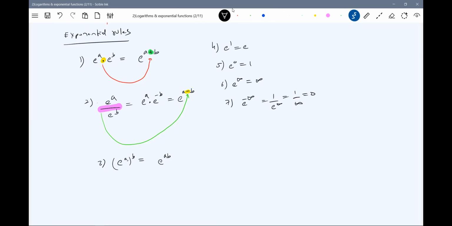Widely we'll be using this in our physics. It's not a rule, just for our convenience I brought it. So at many places we'll be using it here. E to the power of minus infinity will be 0. Okay, got this one. So these are some exponential rules that we have brought.